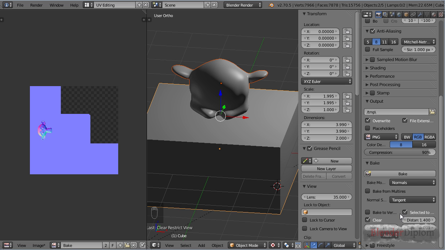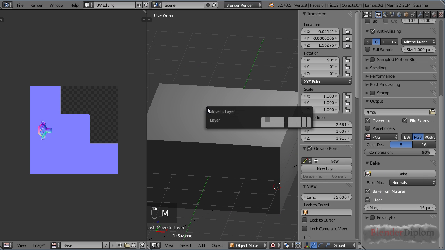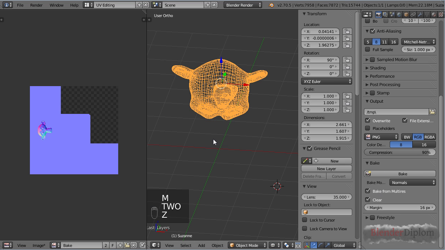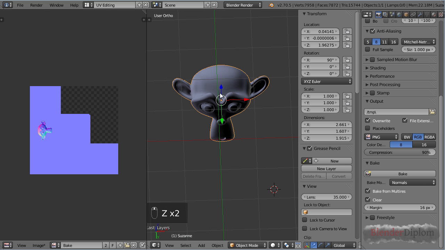I choose selected to active, and then I'll select all the objects I want to include in the bake. Set the correct distance so they don't paint all over the place, and then I'll click bake. Now there's one last option, and that is called bake from multi-res. Let's use that. For this I'm just going to move the monkey to layer 2 and go into